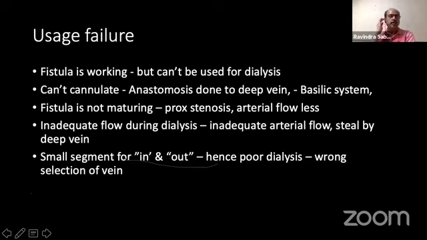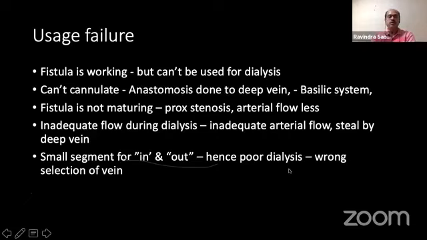As you know, during dialysis, they have to have a proper length of the vein for drawing the blood and putting the blood back into the system. If this segment is not adequate in length, then there is recirculation and an improper dialysis. And nephrologists will never be happy with that fistula. Therefore, when you do a fistula, even though you do an excellent job, if the vein segment available is not of adequate length, it is of no use.